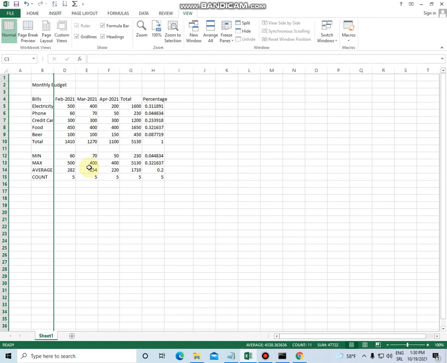Now, if you look closely, you will see there is a little space between the B and D columns, and we've got our bills, February, March, and so on. If you look up at the column headers, C is no longer there. The data is still there, but column C is hidden.